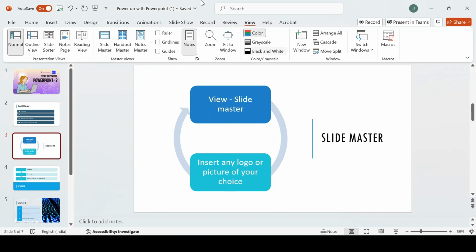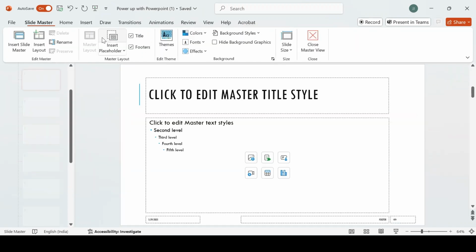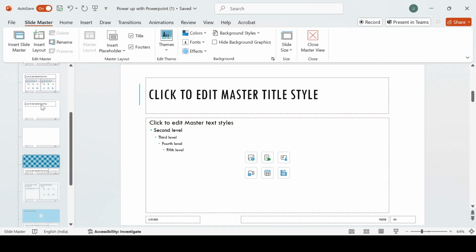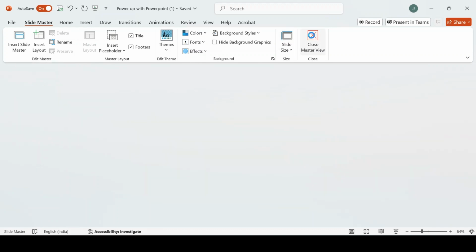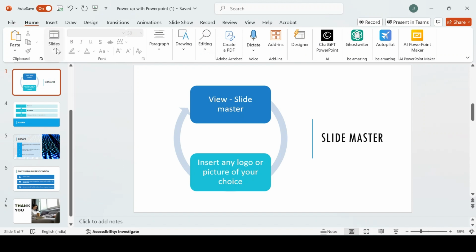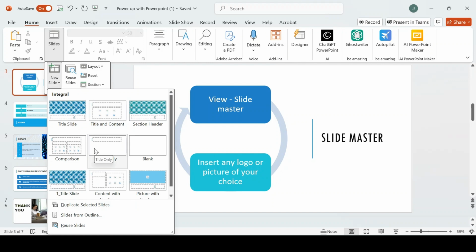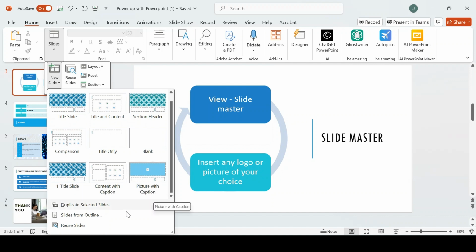To make use of the Slide Master, go to View, click on Slide Master. So here it's showing slides, right? These slides are not the number of slides in your presentation. These are the types of slide in your presentation. To clear that, I'll show you again. If you go to Home and click on Slides, New Slide, there are a lot of options for each slide like title slide, title and content slide, section header, comparison, title only slide, and an entire blank slide, or title slide, content with caption, picture with caption. So these are various types of slide that you are going to make use of.